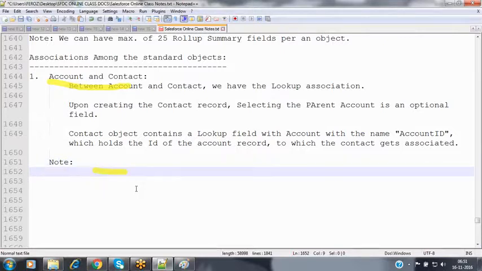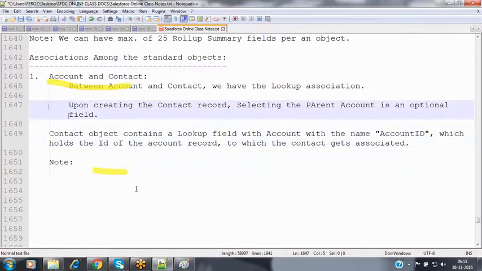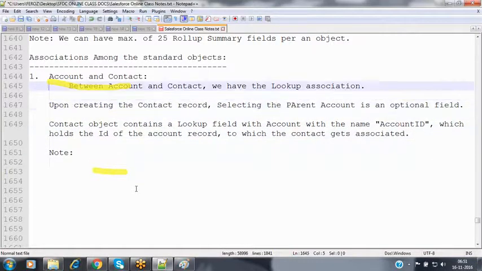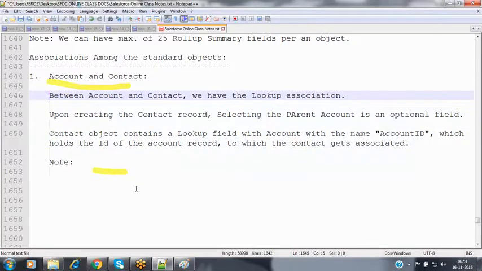Feroz, what we are doing is a cascade delete, right, or deep delete as we call it? Yes, yes. When the parent record is removed, the child record is removed. Is that not an optional thing? But these are standard, right? So you cannot configure that. Yes. Okay, all right, got it.